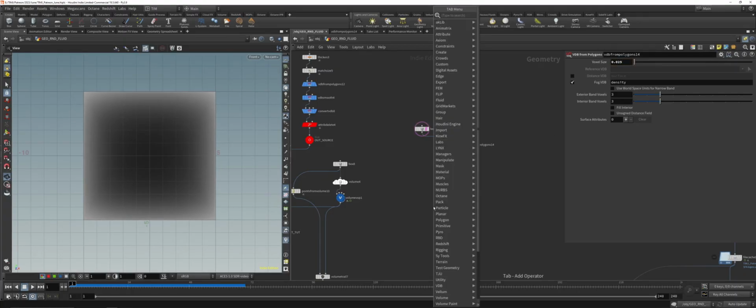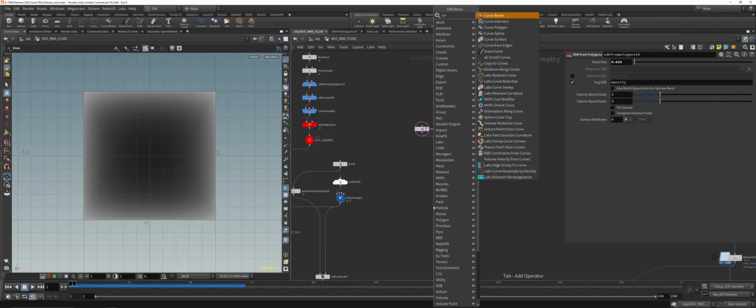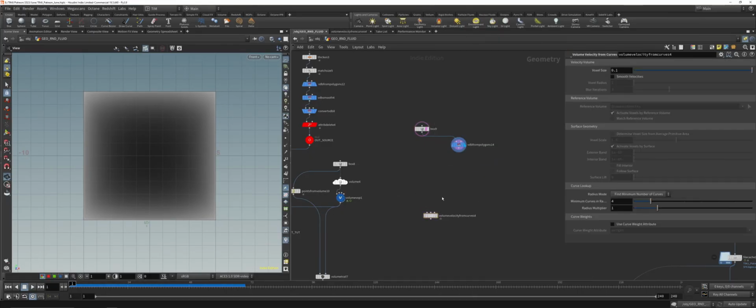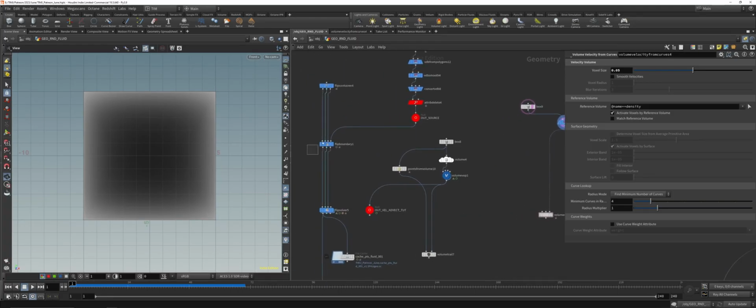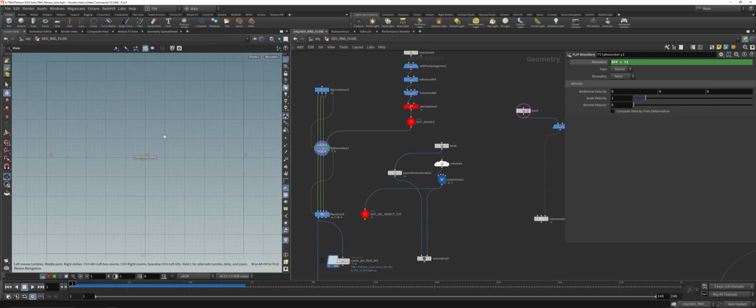And curve, volume velocity from curves. It's a really nice node. Now we can adjust the voxel size a little bit. And what I want to do, I want to get the volume in here, and then it will need curves. So what we can do now, we can basically visualize our